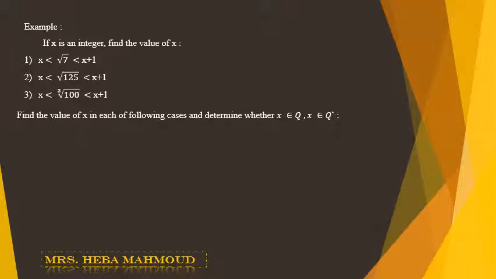Find the value of x in each of the following cases and determine whether x belongs to Q or x belongs to Q dash. Number 1: 4x power 2 equals 9. Solution. X power 2 equals 9 over 4, because we have to write x power 2 alone, so we remove 4 to the other side by dividing. So to find the value of x alone, since this is x power 2, we move power 2 to the other side by square root. So x equals positive or negative root of 9 over 4, which is positive or negative 3 over 2, and this number belongs to